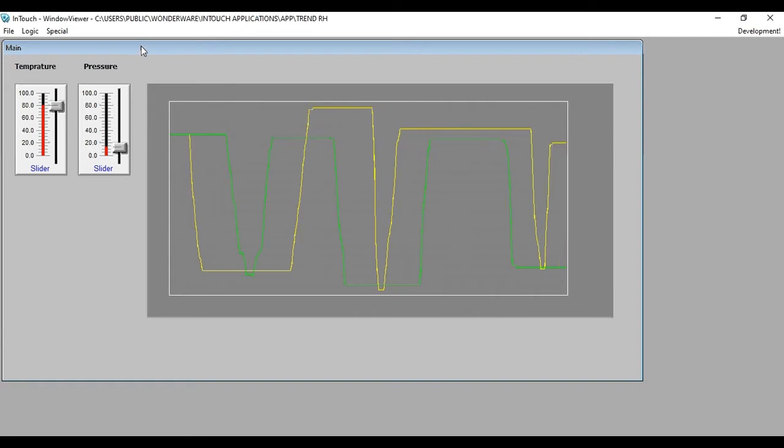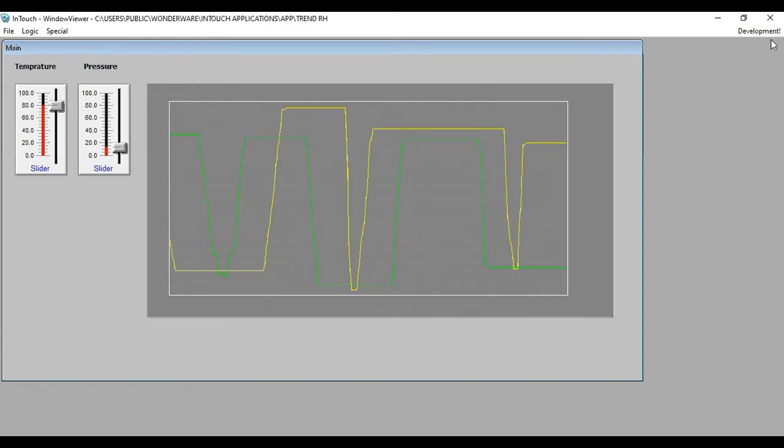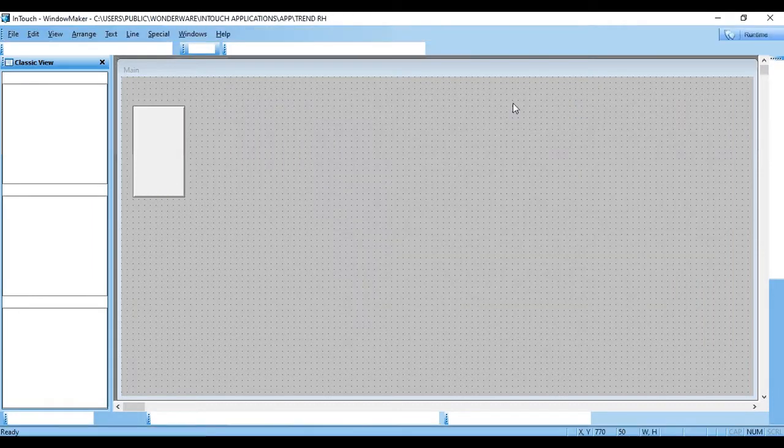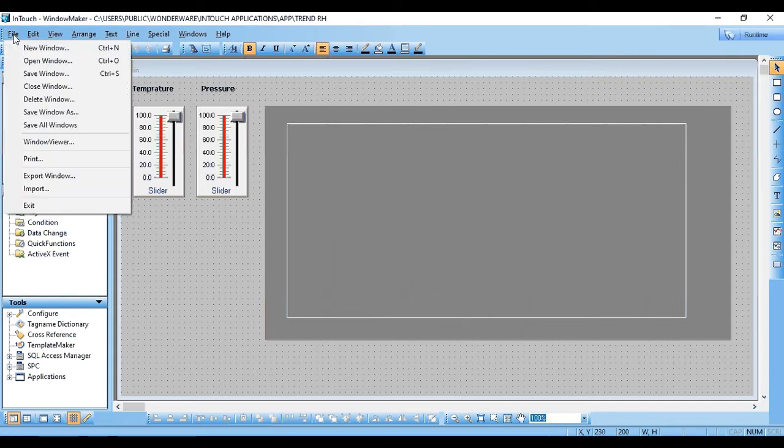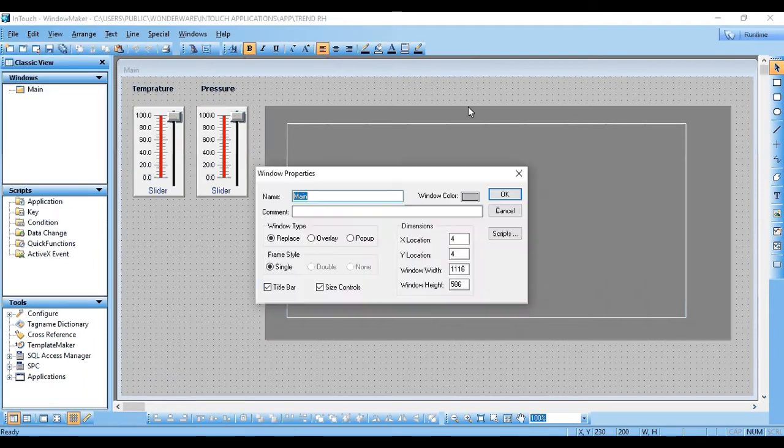Now let's move on to our historical trend. To check a historical trend, let's take another new window for the historical trend.